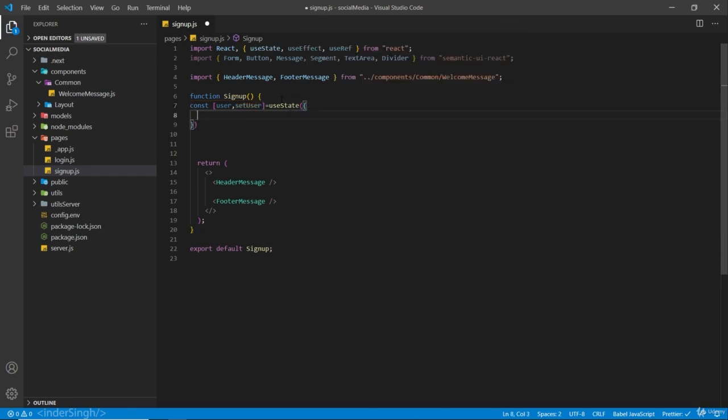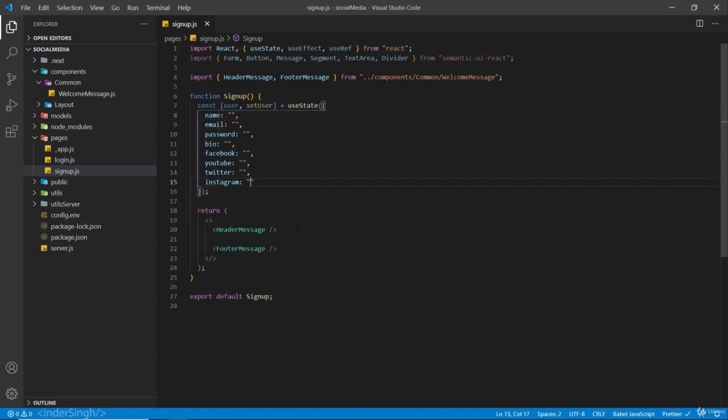It is going to be an object, and inside here we're going to have properties: name, email, password, bio, Facebook, YouTube, Twitter, and our Instagram. So basically these values are going to be for our inputs which we are going to